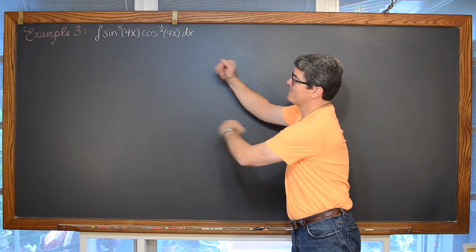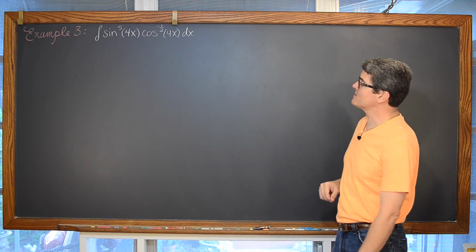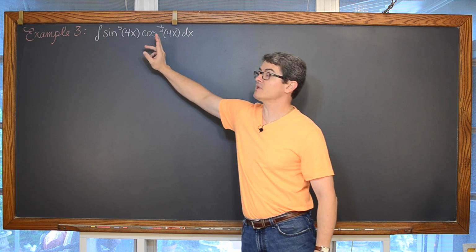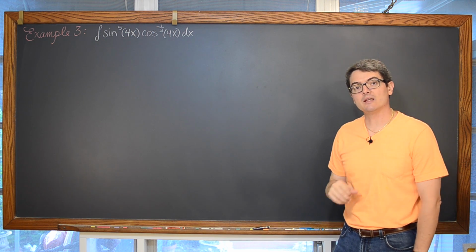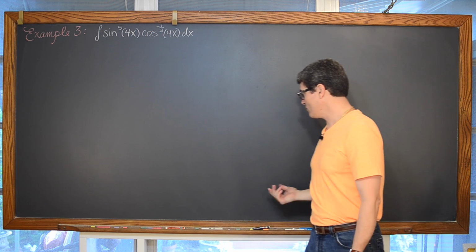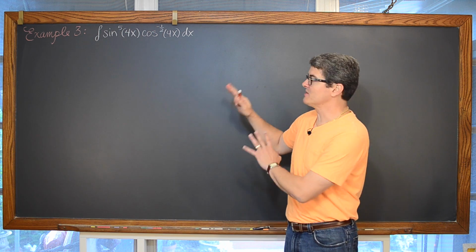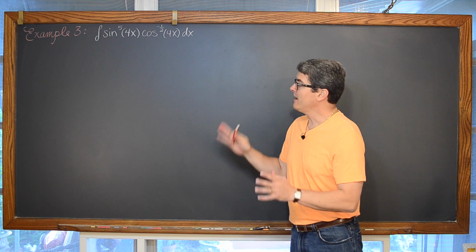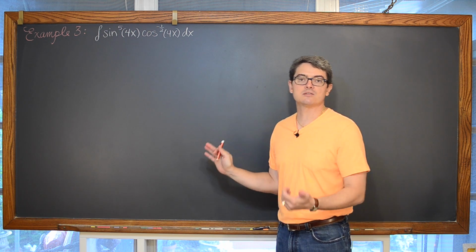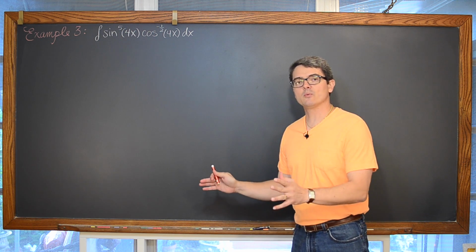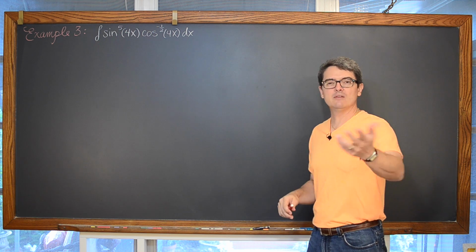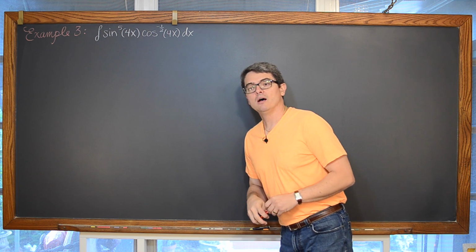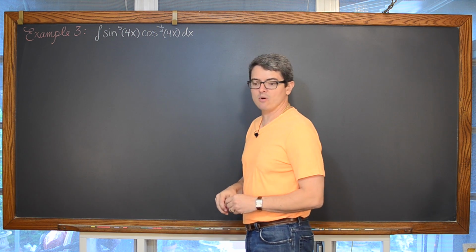Alrighty then, so for example 3, we have the indefinite integral of the sine of 4x raised to the 5th power times the cosine of 4x raised to the negative 1/2 power dx. And really, this example is also similar to the first two. You're just stepping them up a little bit in difficulty. And because of that, I'm not going to walk through this whole thing. Like the second example, we'll get it started. I'll reveal the rest of the solution one step at a time and maybe give you the opportunity to pause the video lesson and try it on your own before I reveal the solution.